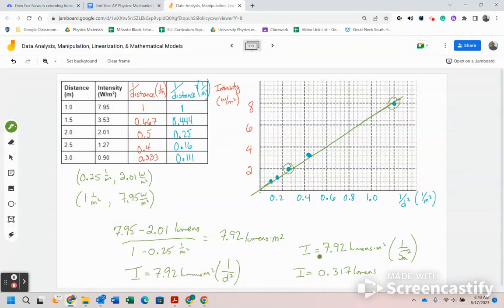Okay, so this is how you go through a process where your first guess doesn't necessarily give you a straight line, and you have to go back to the drawing board and try another function. From there, we linearize